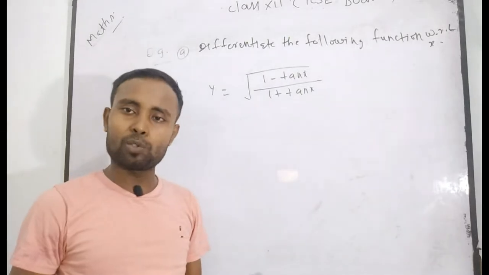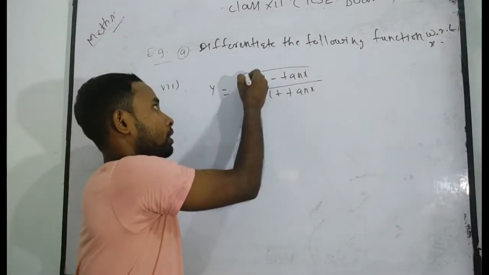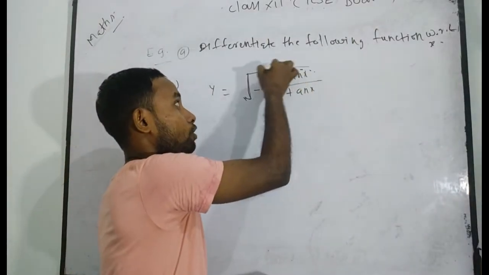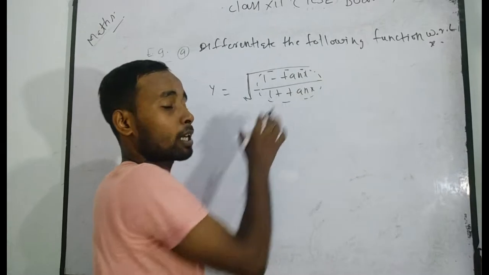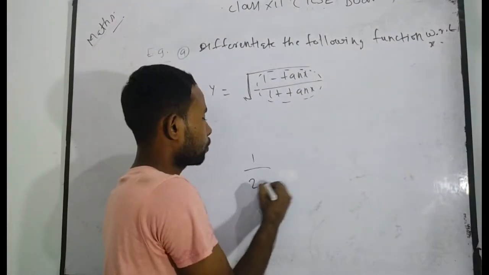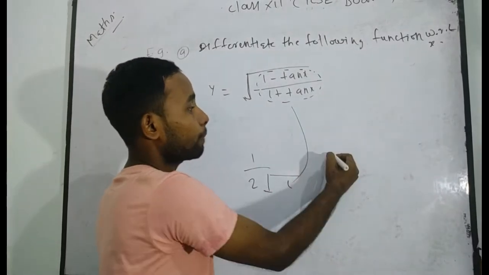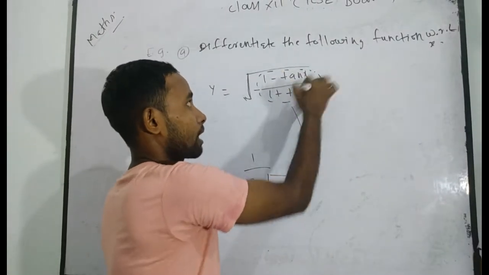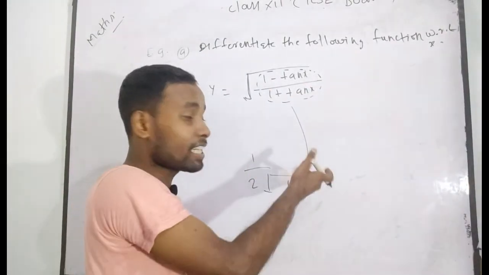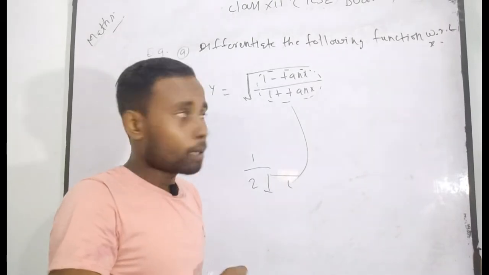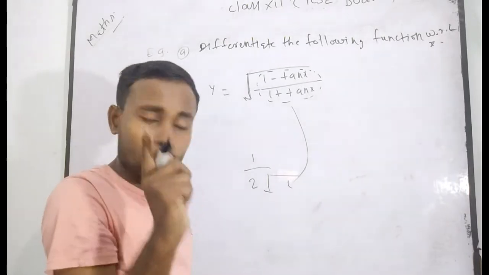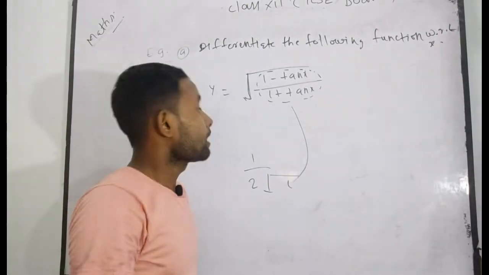Again, you have to apply the chain rule. In that case, as you know, root is the outer function. We have to differentiate the whole function with respect to this term, and suppose that this term is equal to p, and its first derivative will be 1 upon 2 root p. So you will get 1 upon 2 root under whole term, and again you have to differentiate this term, that means (1 minus 10x) divided by (1 plus 10x) with respect to x. In order to find it, you have to apply the quotient rule, but it becomes very lengthy and more complicated for you. So I always suggest you firstly try to simplify it.